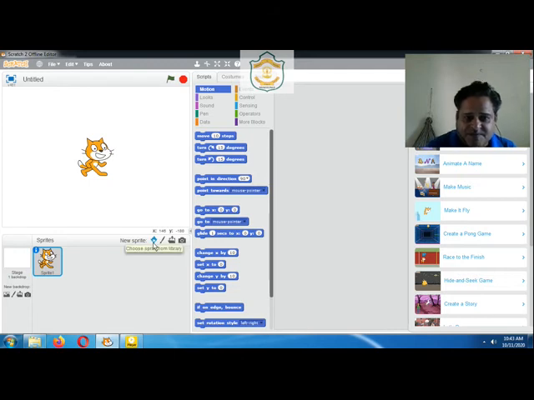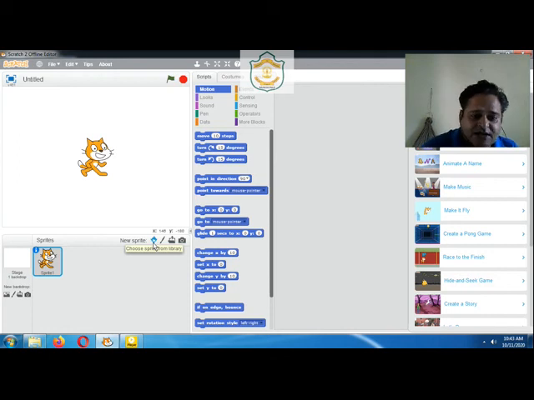First one, we can select from the library. Library means pre-designed sprites available in Scratch. If you want to select one of them, then we have to use this option.